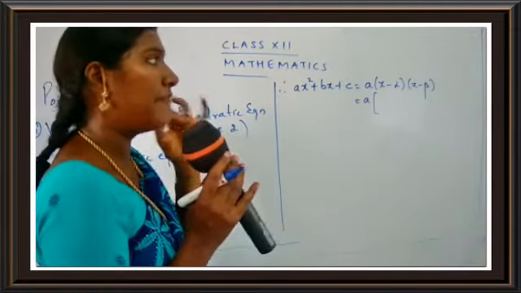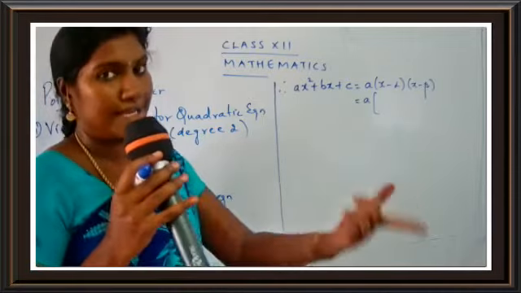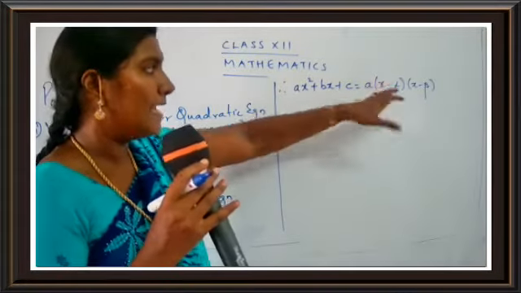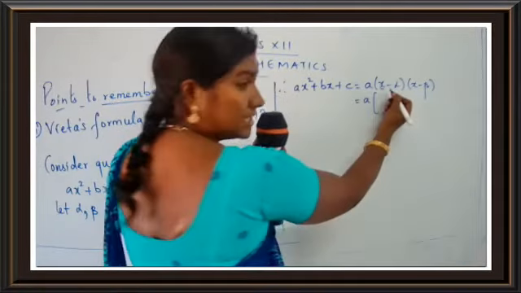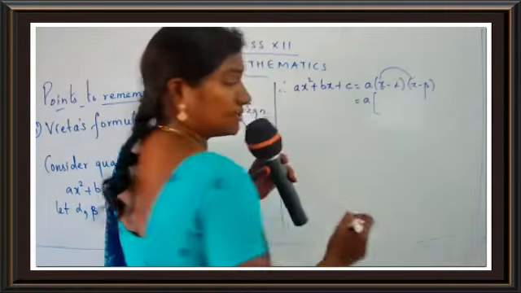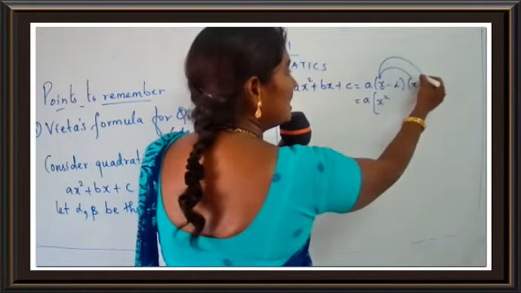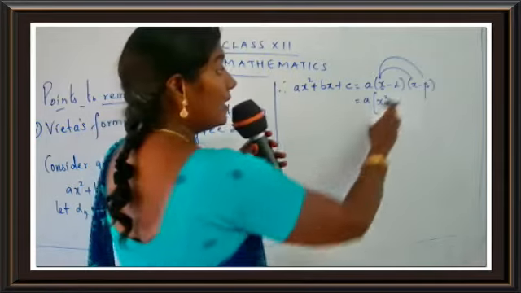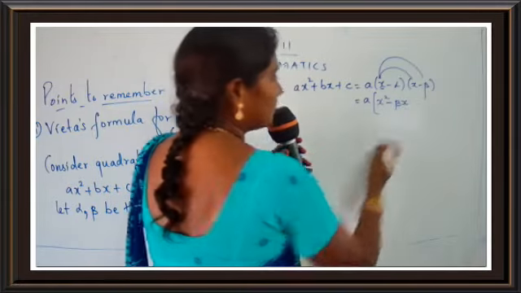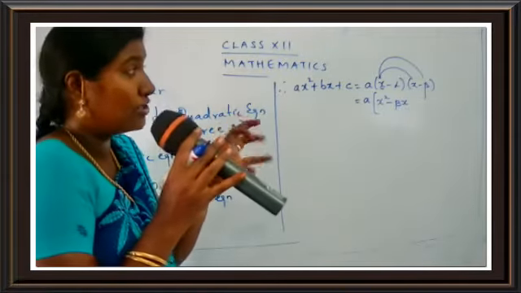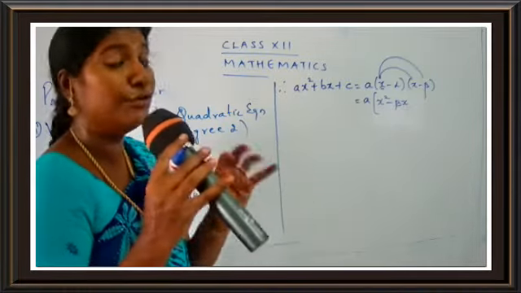So now here we have x minus alpha into x minus beta. So we are just going to multiply x minus alpha and x minus beta. We will multiply the answer later with a. Okay children. So first of all I am going to take x. So x into x. What is x into x? It's x square. Okay. x into beta. What is x into beta? And here we have a minus sign. So you get minus beta x. You have to be very careful because alpha, beta, x, we have to use many variables over here. So be careful when you multiply, children.